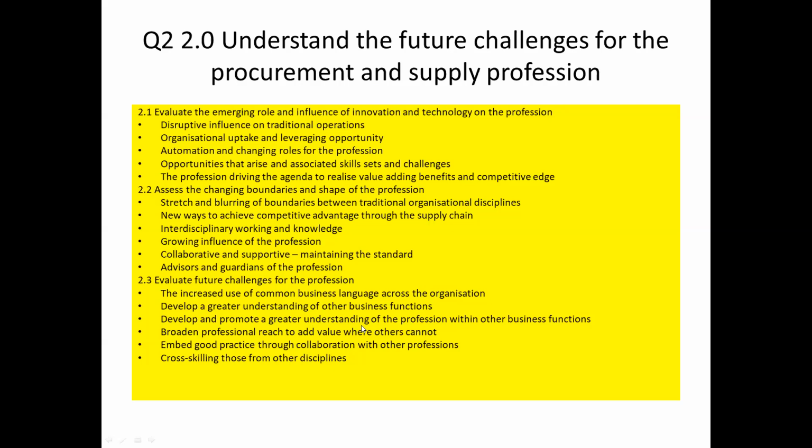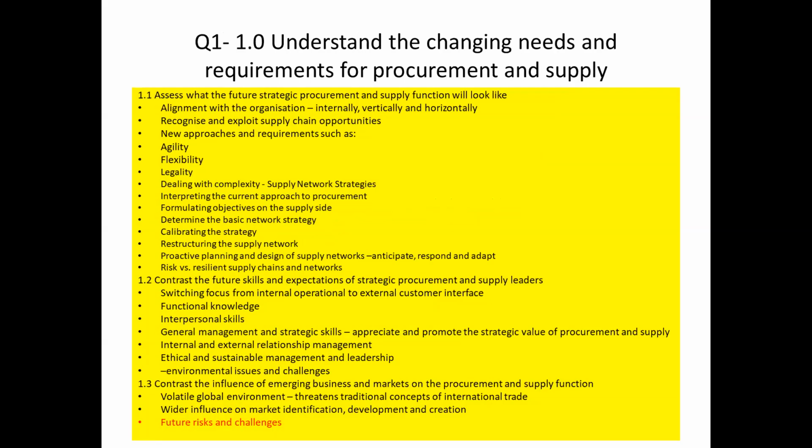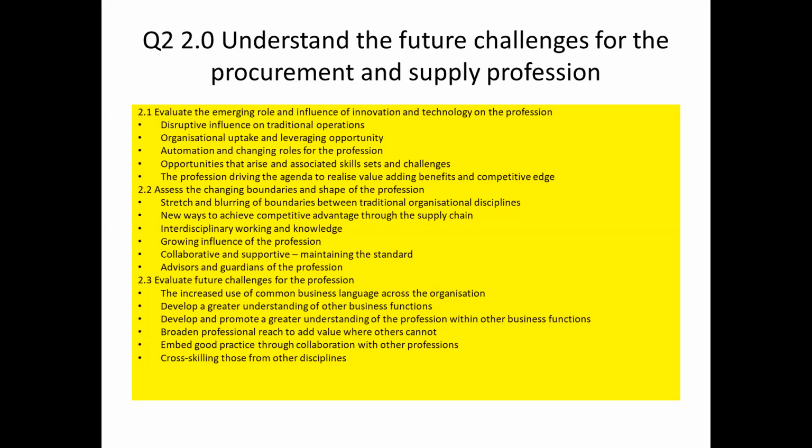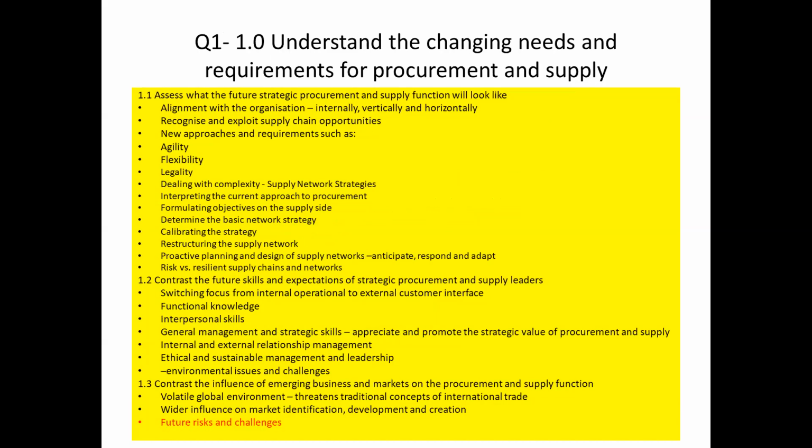Whereas there's a subtle difference between future risks and challenges, could be anything, COVID, Brexit. So there's a subtle difference there, can you see, between 1.3 and 2.3. Not much, and they do tend to overlap. But just going back to these